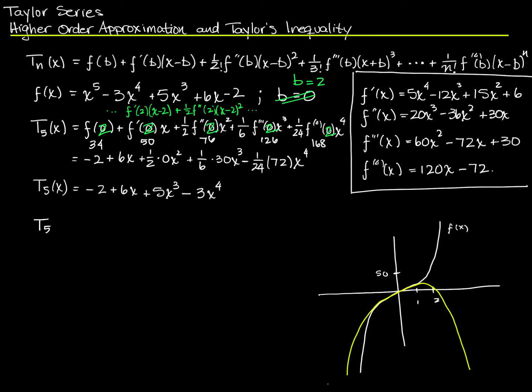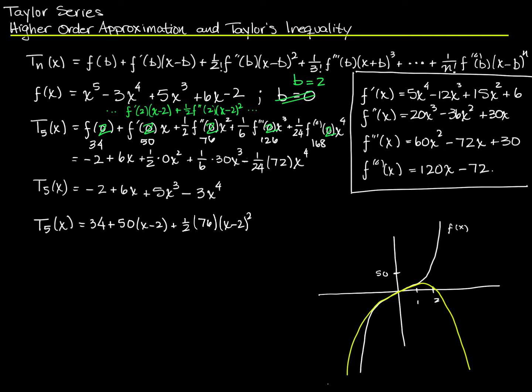And my T5 in this case is going to be f of 2 plus f prime of 2 times not x, but x minus 2. So I'm on this term right here. F of 2 is 34. F prime of 2 times x became f prime of 0 times x became f prime of 2 times x minus 2. I'm about to do this term here. So now I have plus 1/2 f double prime of 2 is 76, and not x squared, but x minus 2 squared,